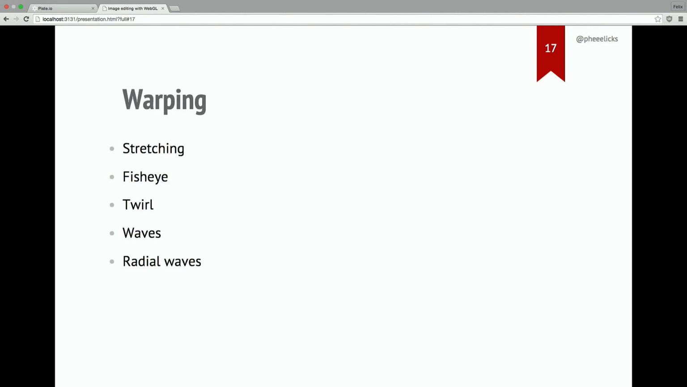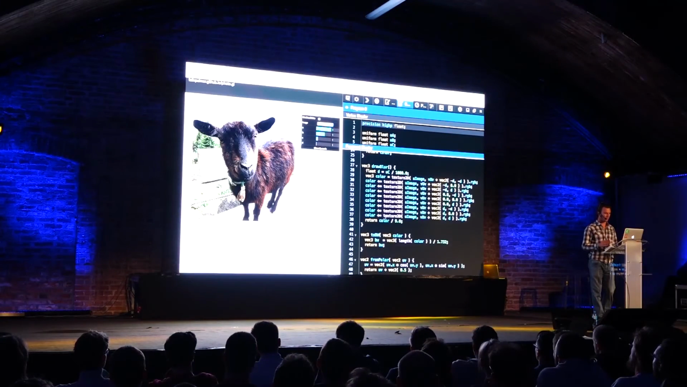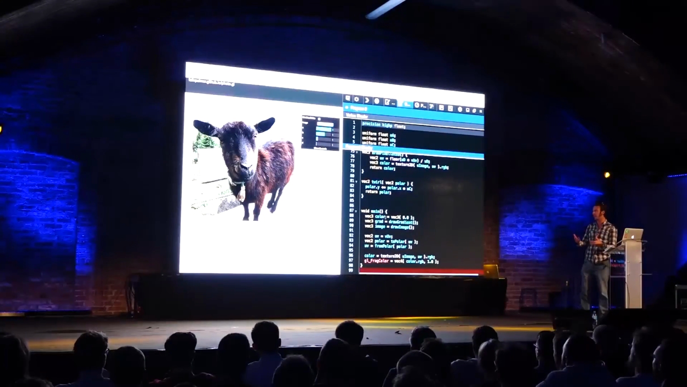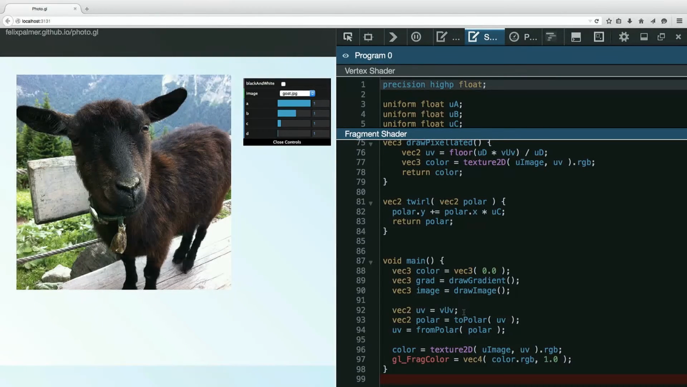Okay, so I hope you're still with me, because it's going to get more complicated. Now I'm going to talk about some warping effects. The first one is just stretching the image. I'm going to be doing the same trick again and again, just a bit more complicated each time. The general idea is that before we look up our texture, we do something to our UV